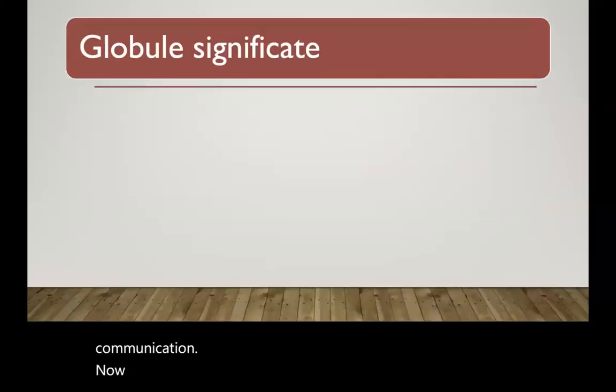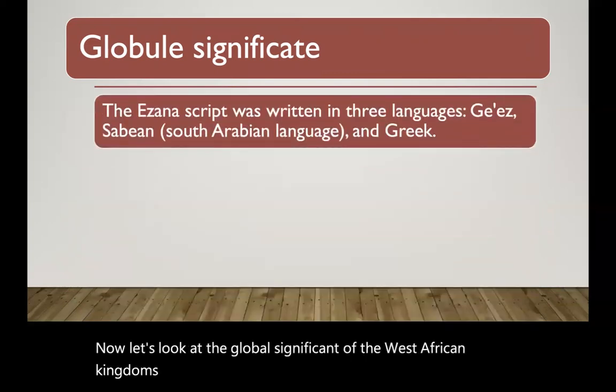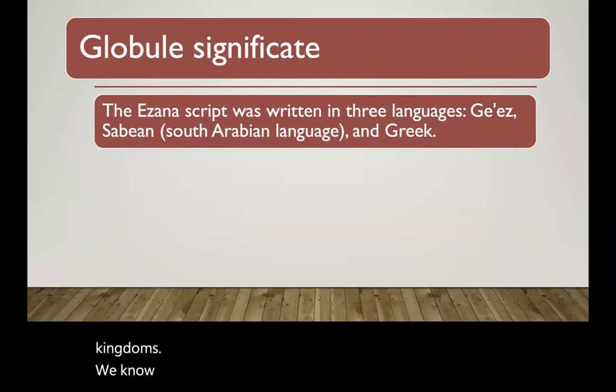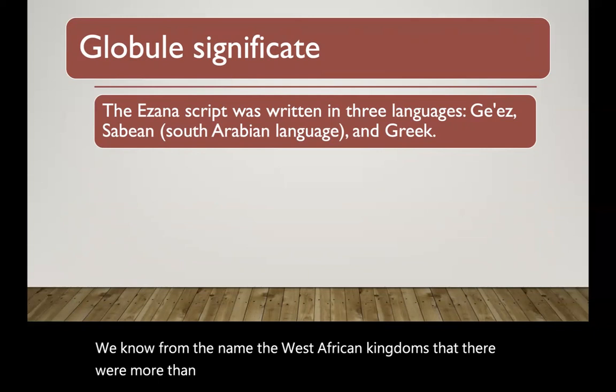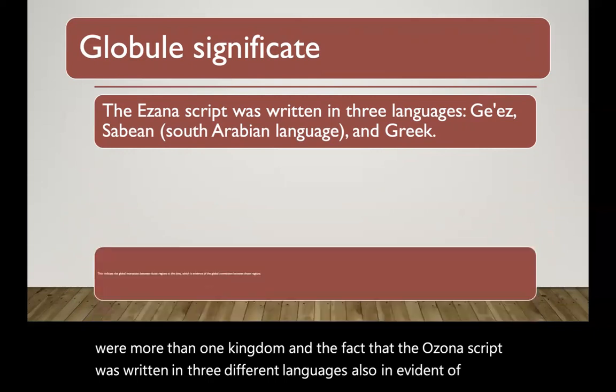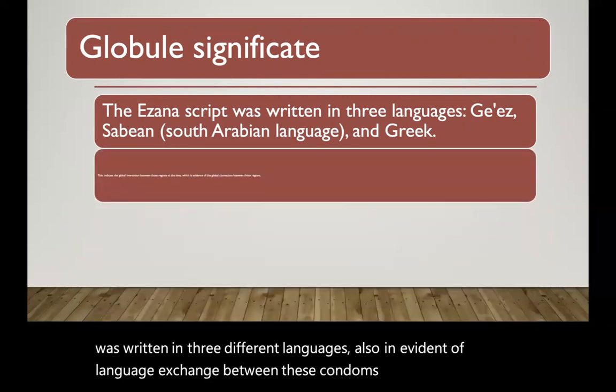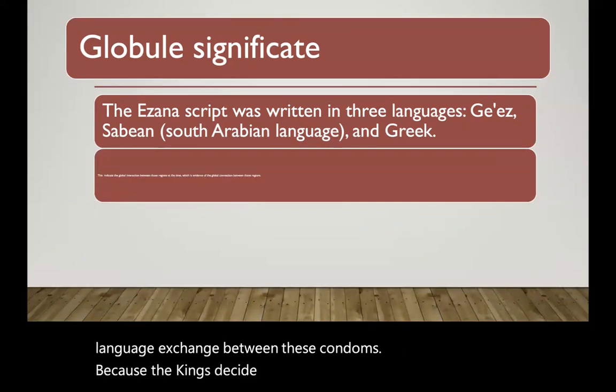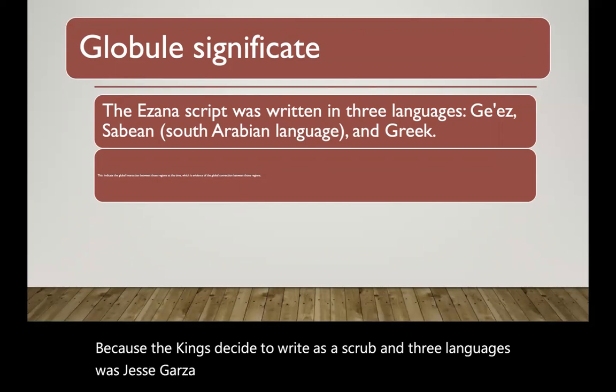Now let's look at the global significance of the West African kingdoms. We know from the name, the West African kingdoms, that there was more than one kingdom, and the fact that the Ezana script was written in 3 different languages is also evidence of language exchange between these kingdoms. Because the king decided to write the script in 3 languages, which are Ge'ez, Sabaean, and South Arabian,